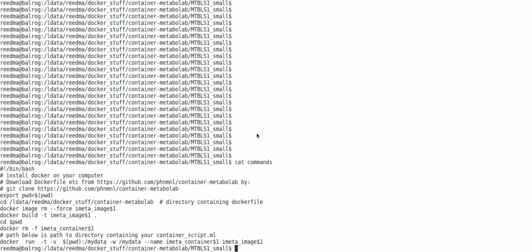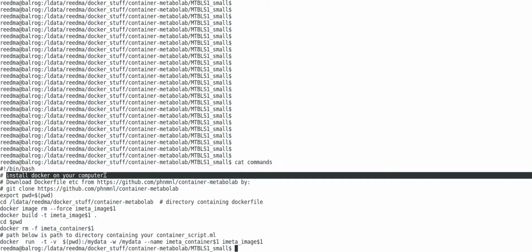Hello, in this tutorial I want to explain to you how to install the Metabolab Docker container locally on your machine. There's a couple things you need to do to get started. The first is to install Docker on your host machine, and the second is to download the files that you'll need. So I recommend that you just open a directory where you're happy to put the Metabolab container and then